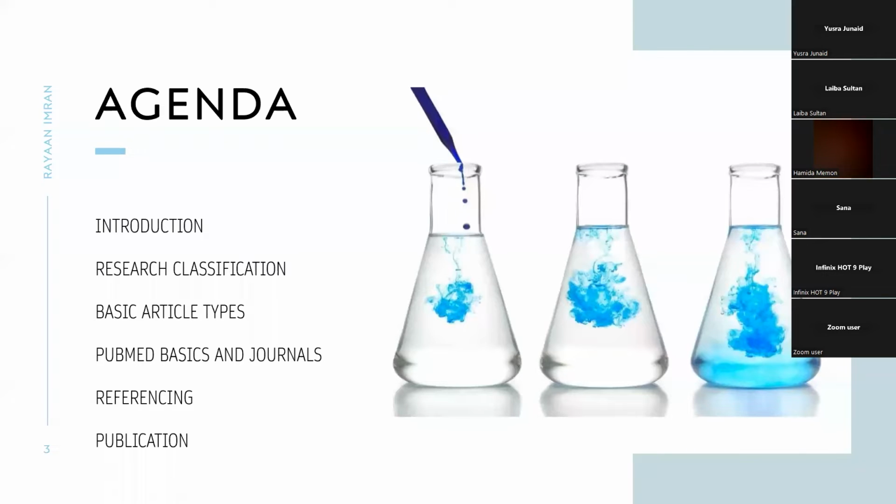Then we're going to have a research classification, a broad overview of what types of research there are. This session is highly focused on the very basic ones: LTEs, short communications, case reports, opinions, critiques, etc. What this session will not cover is cross-sectional studies and SPSS. That is not the goal or scope of this session. If this session works out, we might do it in the future, but for now this is a very basic one. After the research classification, we're going to look at the formats and the basic article types.